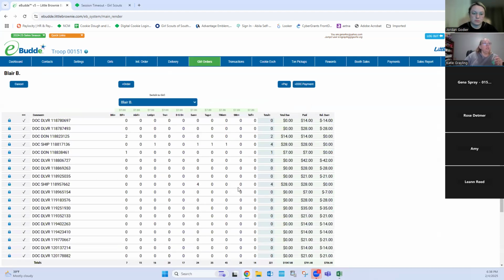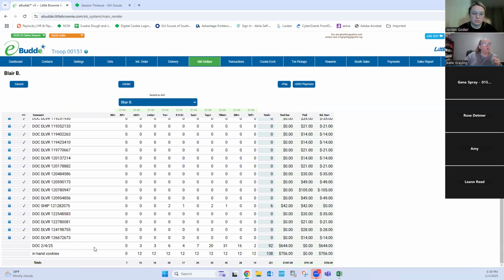So now this means you have given Blair what she needs for her girl delivery. And then you have given her cookies that she is going to sell door to door. Okay. So now she does have a balance because she owes for these door to door cookies. Now, if she continues to get